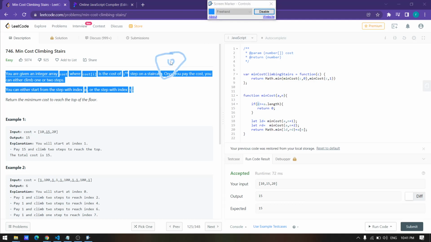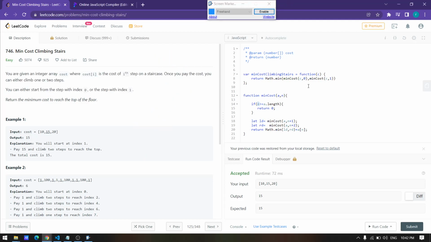Suppose here it is 0, then 1, then 2, then after that 3, and there it is 2. If we have calculated for 2 and it is already there, we don't have to calculate it again. So in dynamic programming, we have to memoize.